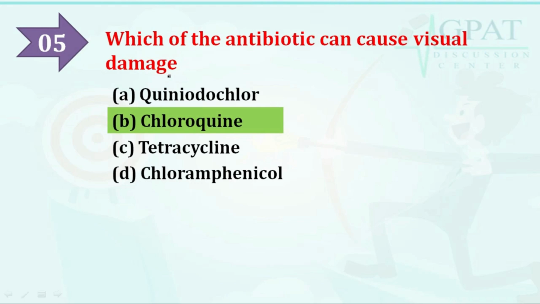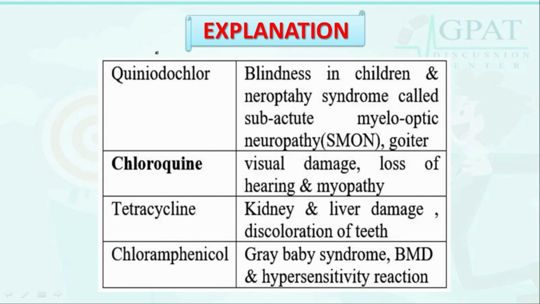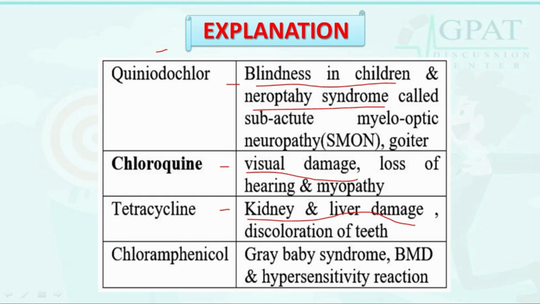chloroquine. So now we just understand with the help of this that quinidochlor is responsible for blindness in children, subacute myelo-optic neuropathy syndrome, and goiter, whereas chloroquine, which is asked in the question, has visual damage as a major side effect, and loss of hearing and myopathy. And it is about tetracycline, that kidney and liver damage and discoloration of teeth is the major adverse effect